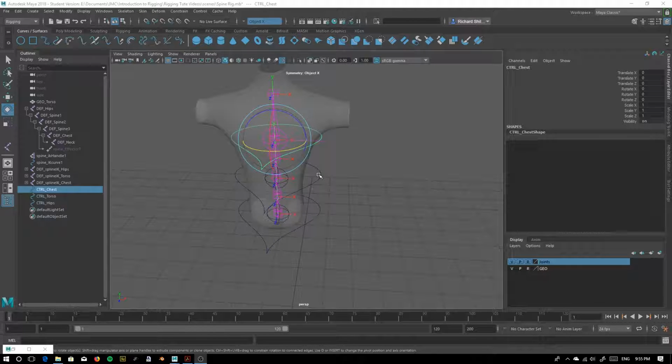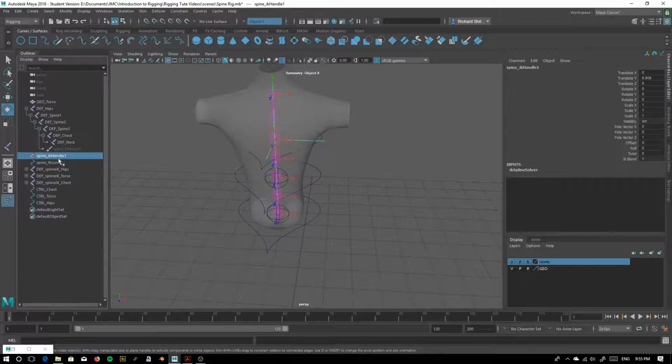Now to do the twist, we have to use the spline IK handle. Notice how when we select the handle, it has a twist function here. There are some methods where we can use the twist function with a connection, with the connection editor, allowing us to simply connect the rotation of this spine to our twist. But unfortunately, you can only connect it to one item. We want to be able to twist from the top and the bottom, so that requires a bit more advanced